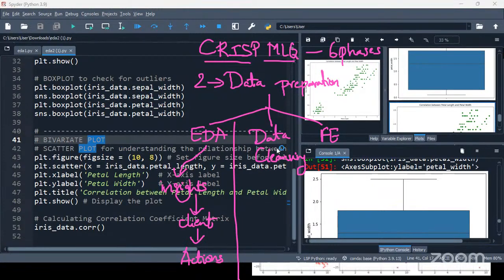Under data cleaning, we'll generally have 9 steps, guys. What are the 9 steps that we have under data cleaning? They are typecasting.